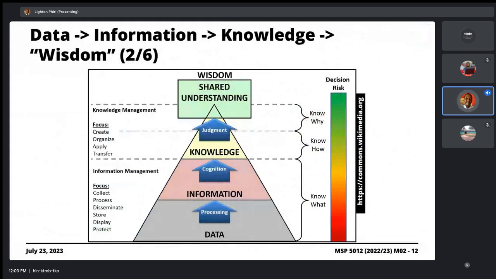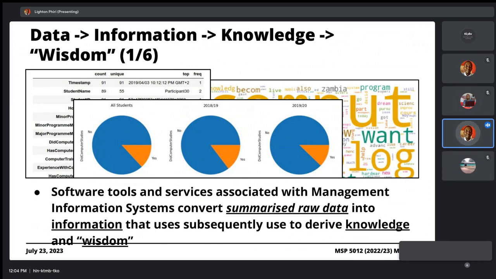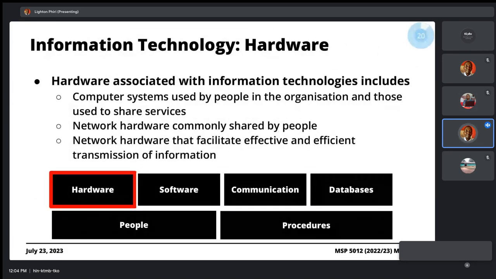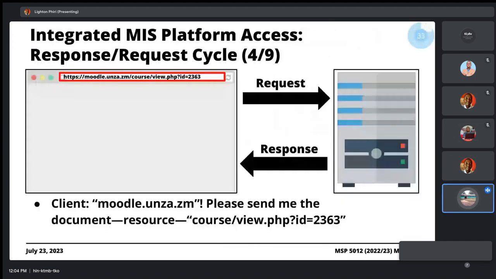But before we start, I just wanted to find out if somebody could confirm that you can hear me just fine, and also if you can see my screen as well. I've just shared my screen. You should be able to see it. Yes, Doc, we can see your screen.